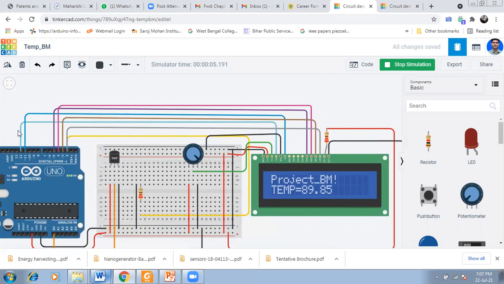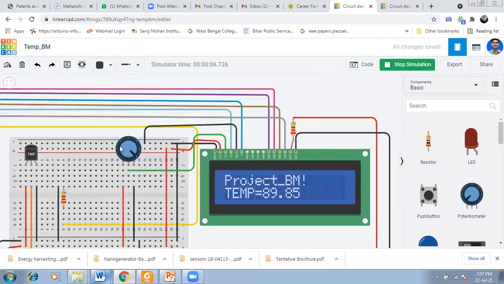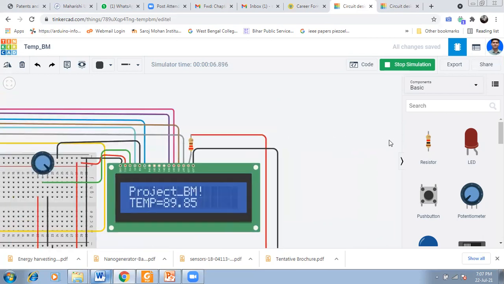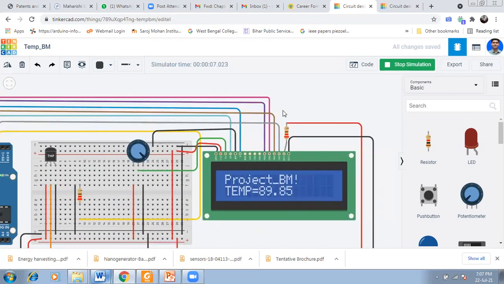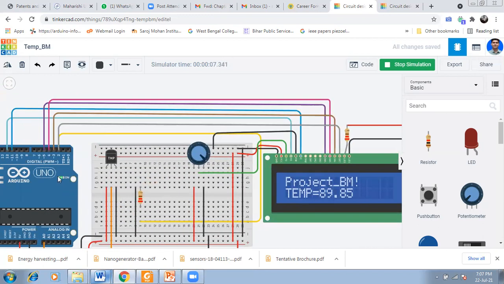RS is connected with pin number 12. Read write is connected with ground. Similarly, the enable pin is connected with pin number 11, and the others DB4 to DB7 are connected with pins 5, 4, 3, 2.